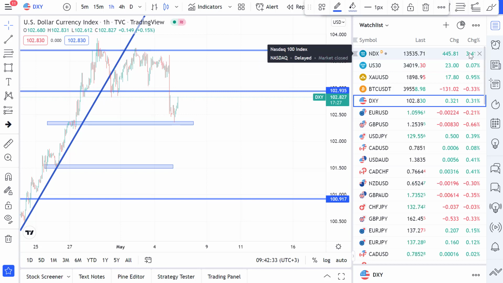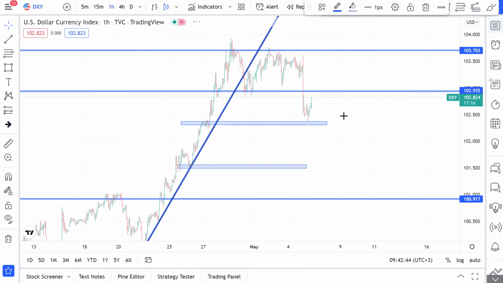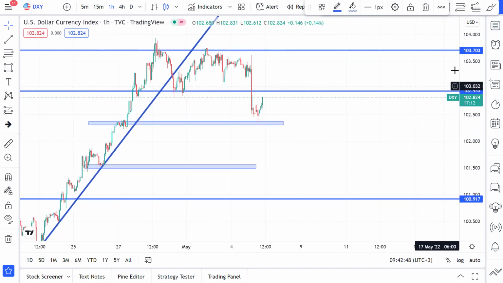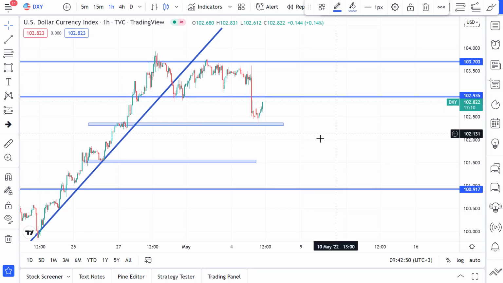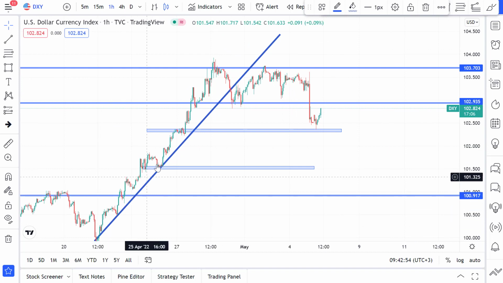All right, but let's get started. Today we're going to talk about the Forex market, and the first market, as you can see, is not really a market but the power and index of the United States dollar. After the meeting of the Federal Reserve last night, we could see what happened, and after a very strong bullish